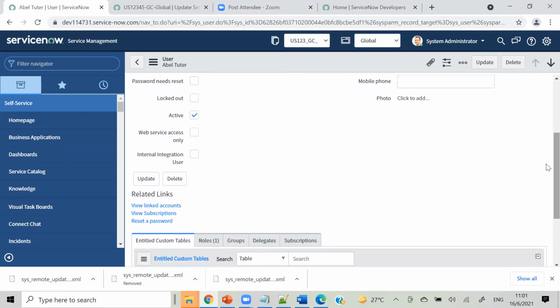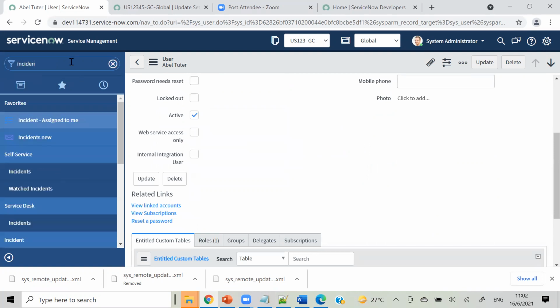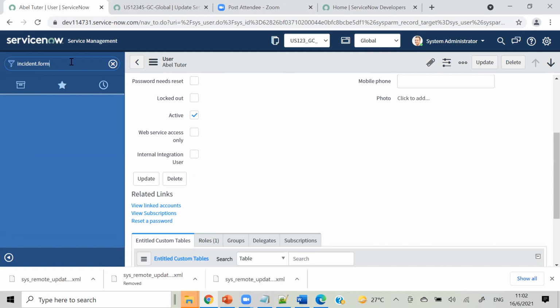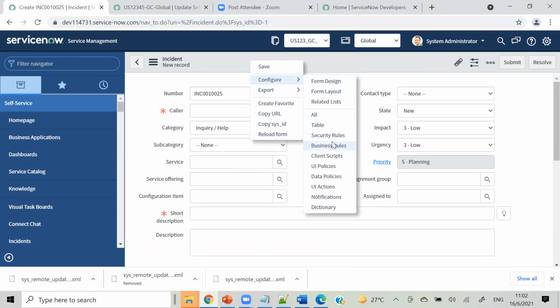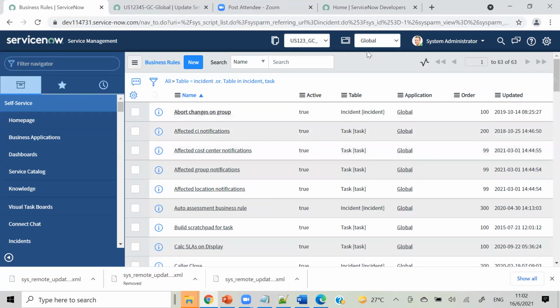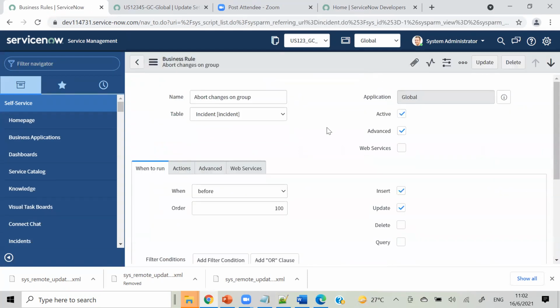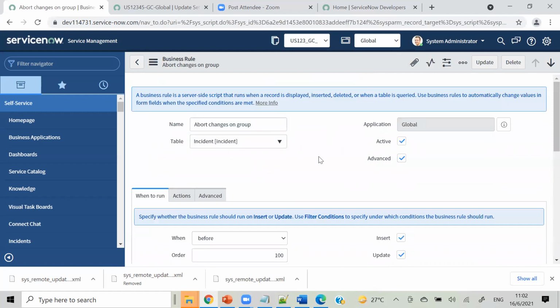So on every, okay, we don't have that here. Let me open one more thing. Incident.form. Okay, so I'm going to a business rule. Think there is something already created that you forgot to capture in your update set, because this is something we face in the starting two to three months. We forget to create an update set, and we forget to close the update set, so this issue will occur.